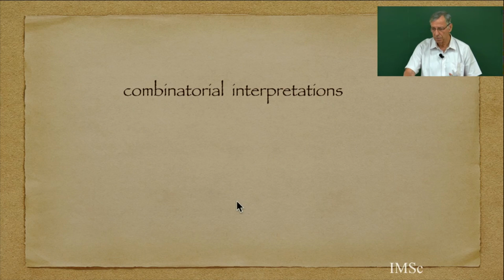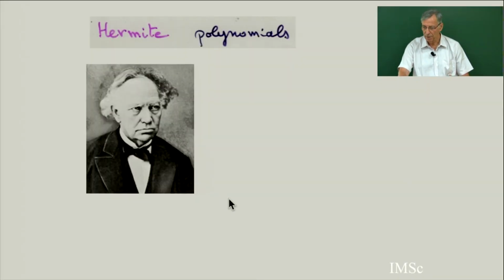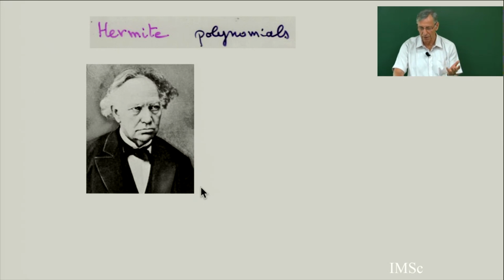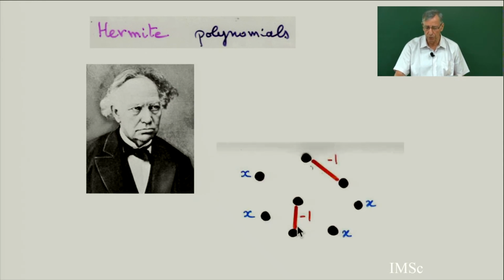So I will use some combinatorial interpretation. The Hermite polynomial, for example, is a very well-known classical orthogonal polynomial. They are used in quantum mechanics with operators creating and deleting particles. They are used in the PASEP very strongly. So the coefficients of the Hermite polynomials themselves can be interpreted in the following way.